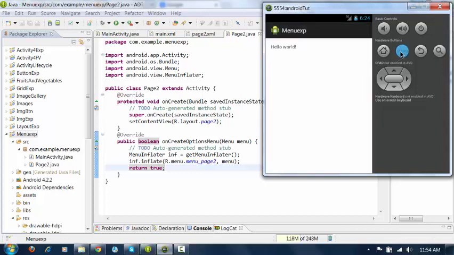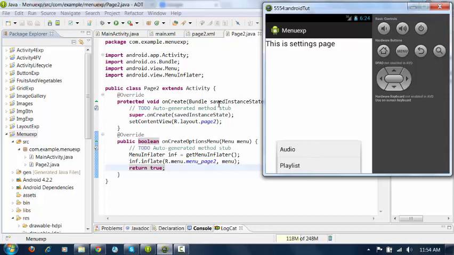Okay, so click on the menu button. Select settings, it will go to page 2. Here is your page 2. Here also I want to show the menu, so we have already implemented that. Click on the menu button here. You can see audio and playlist. You can give action to these 2 components also.